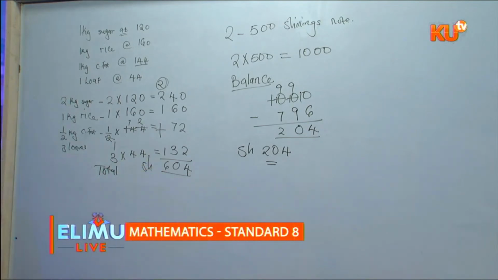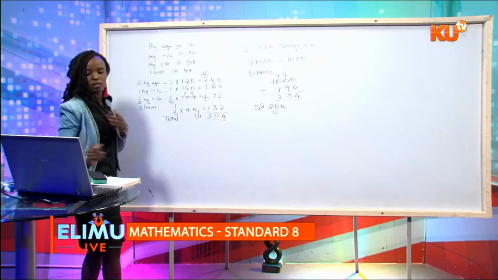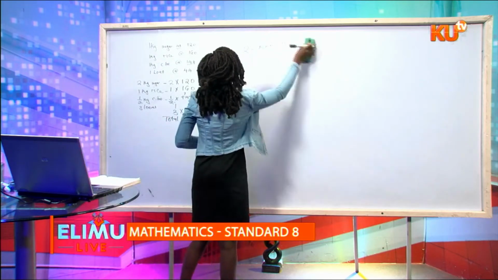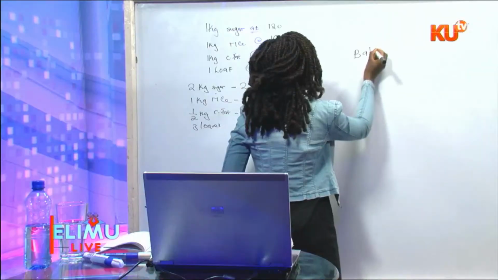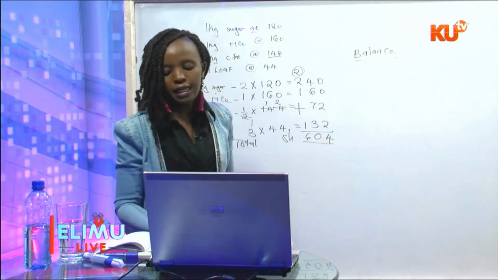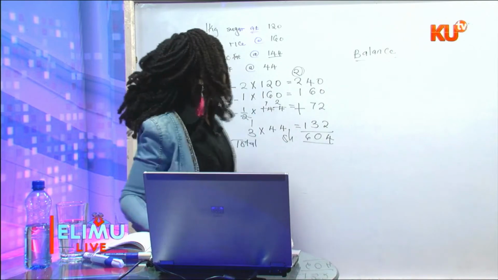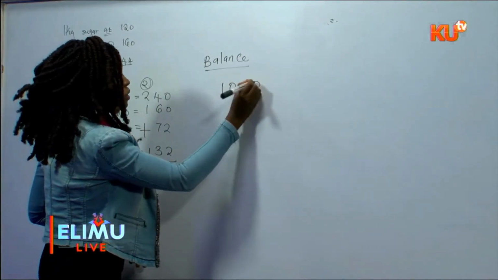Then we're told that she gave the shopkeeper a 1,000 shillings note. What balance did she get? We are calculating the balance. Remember, to get the balance, you take the amount of money that was given out minus her bill, or the total cost. That is 1,000 minus